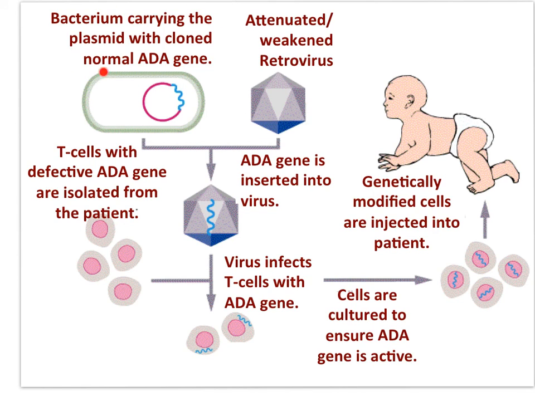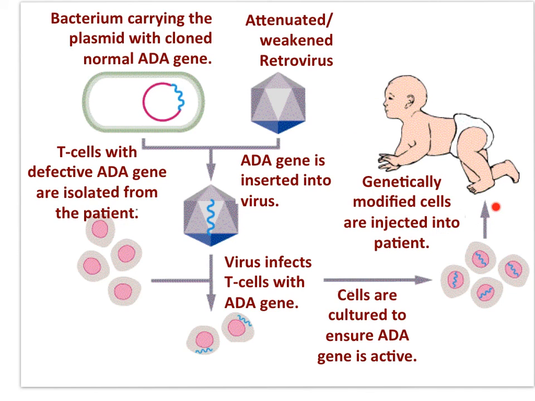Start with a bacterium carrying the plasmid with the cloned normal ADA gene. An attenuated or weakened retrovirus is used, and the ADA gene is inserted into the virus. T cells with the defective ADA gene are isolated from the patient, and the virus with the ADA gene infects those T cells. Cells are then cultured to ensure that the ADA gene is active, and then the genetically modified cells are injected